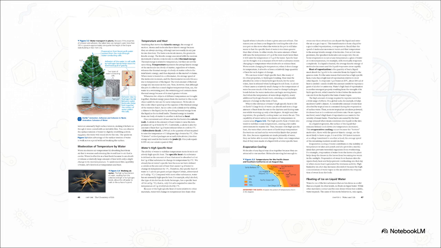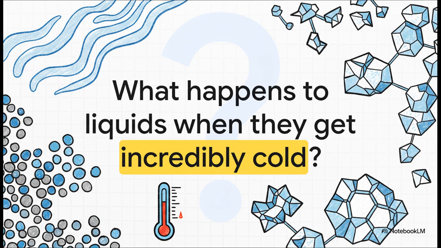Then, on the right, we have a spider walking perfectly on water. This is surface tension, which is a direct result of cohesion. The water molecules at the surface bond to one another, creating this invisible, trampoline-like film. 2 totally different biological marvels, both powered by the exact same hydrogen bonds. Pretty amazing, right? Now let me ask you a quick question.